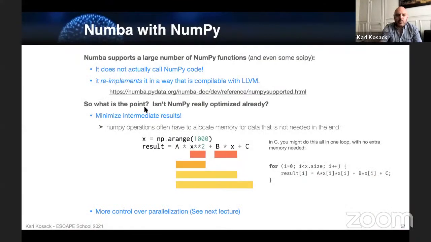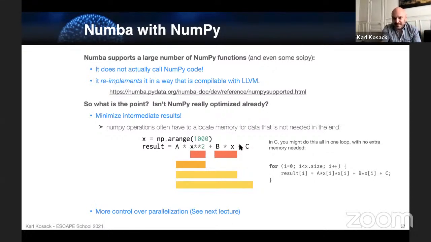So why would you even run Numba on code that's already written with NumPy? Isn't it already fast? Well, there are a few things that NumPy can't do, and the main one is to minimize intermediate results. If you have a piece of code where you say x equals some range, and then result equals a times x squared plus b times x plus c, it actually first computes x squared.